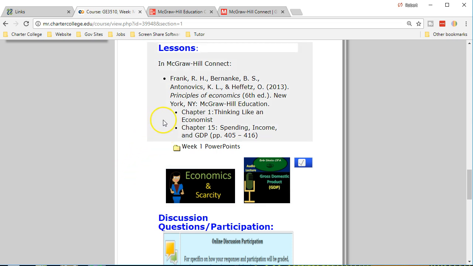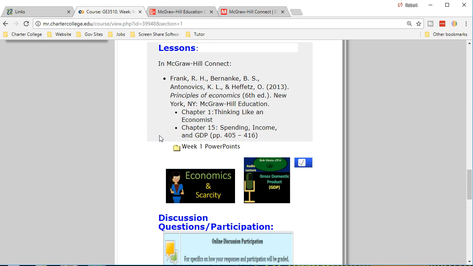So think like an economist is going to give us some terms for both micro and macro, give us the concepts of viewing the world through an economic lens. Once we start looking at things in terms of economics, we can really see a lot of things through that perspective, and that's the perspective we want when considering both micro and macroeconomics. Then we're going to move to a more